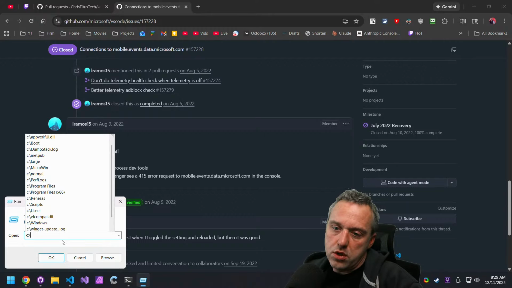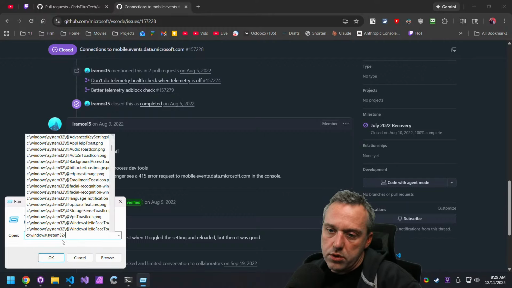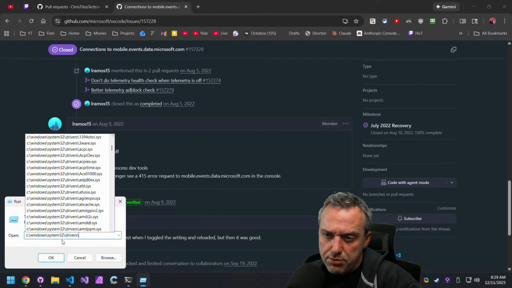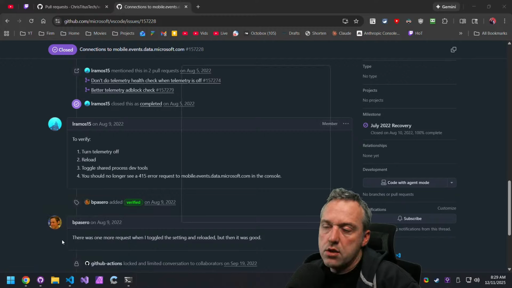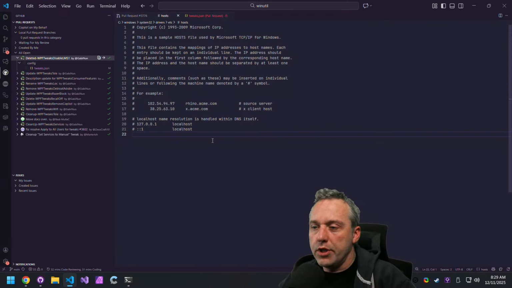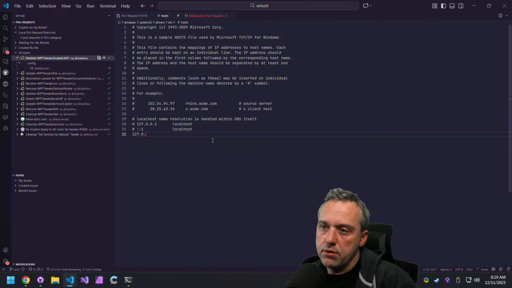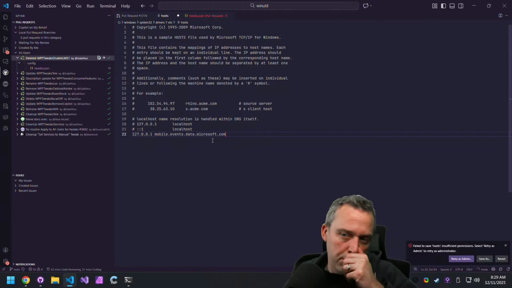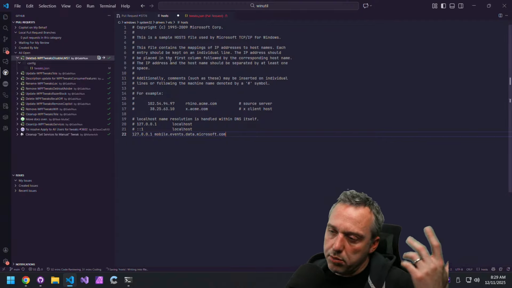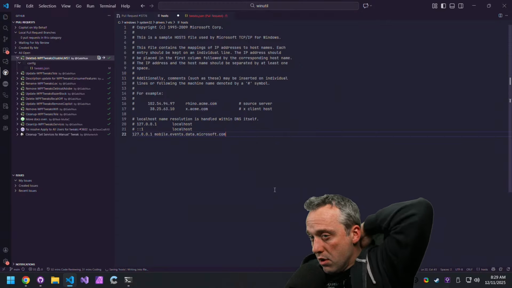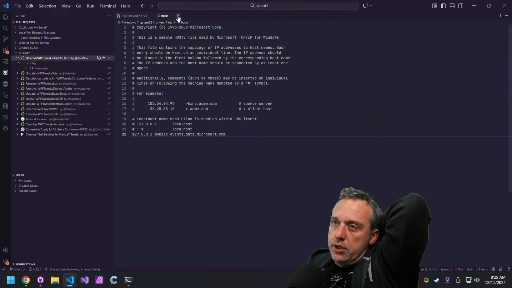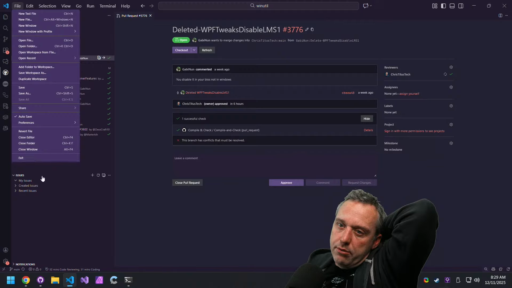Let's go C, Windows, System32, drivers, etc, hosts. Yeah. And let's open it in VS Code. So then you could do like 127.0.0.1 and just throw a mobile events entry like that in. Retry as admin, boom. And then it blocks all Microsoft events. And kablow, should be fixed. So that's one way of doing it if you wanted to block mobile events, but probably the proper way is